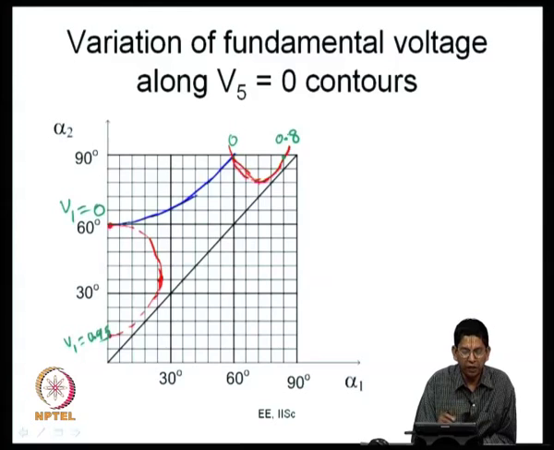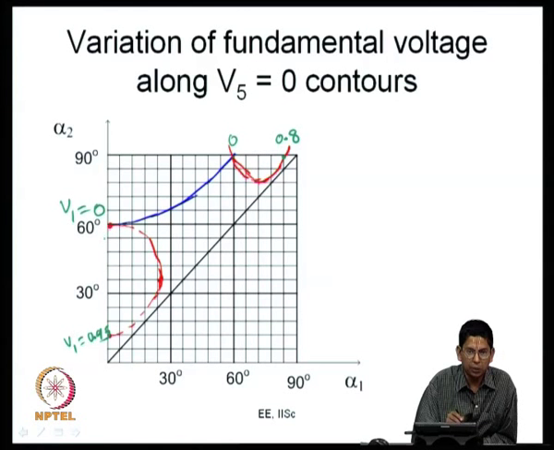So, this is how it varies. As you move along this curve, you are coming within this area. So, your V1 is actually increasing a little and you are going all the way up to V1 equal to 0.95, and here you are going up to 0.8 now. So, what does it say? If this V1 equal to 0.95 is the highest value